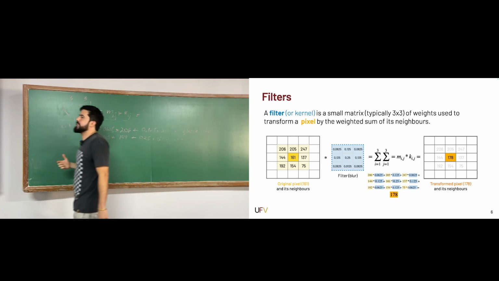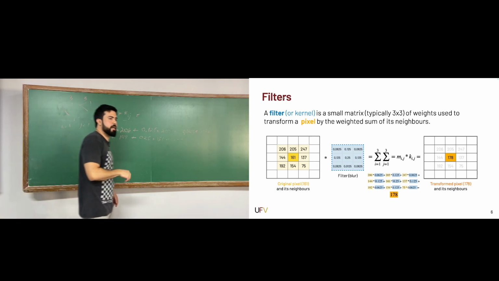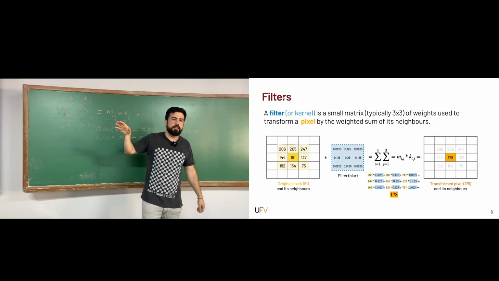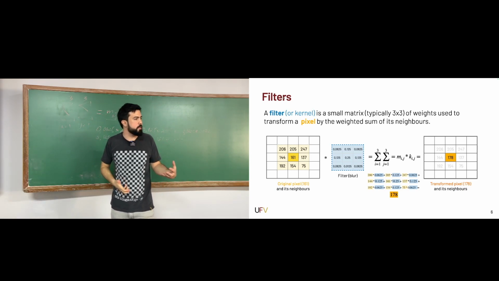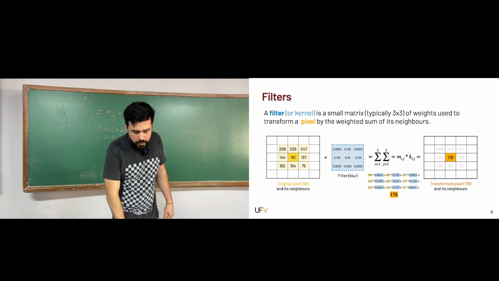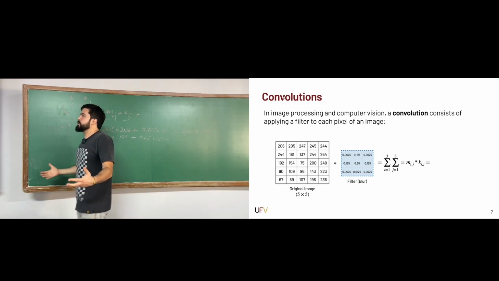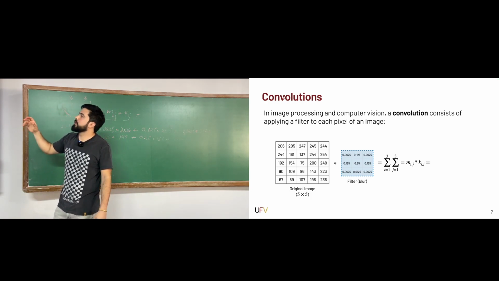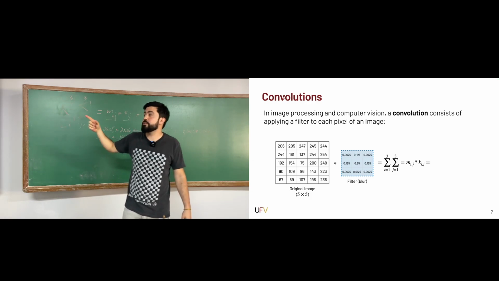And magically, what they do is actually blurring the image. So somebody actually figured that out. So if you use those combinations of numbers, you would get a blurry image if you apply this to every pixel in your image. But now that we know what filters are, which are just weights, but they are disposed in a matrix,